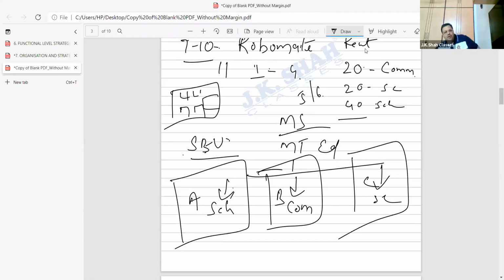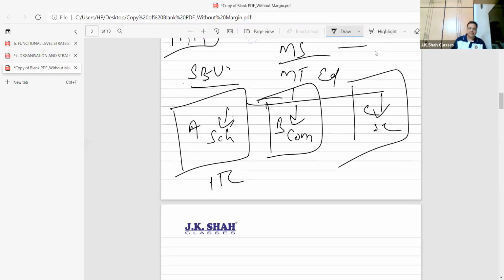Advantage number 1: unnecessary overcrowding of people becomes less. You try to do cost cutting, downsizing, you remove some people from the job, your salary bill becomes less, and profitability can be established. I've given in the past examples of companies like ITC, Eicher Motors, LG Electronics. They have this kind of SBUs.